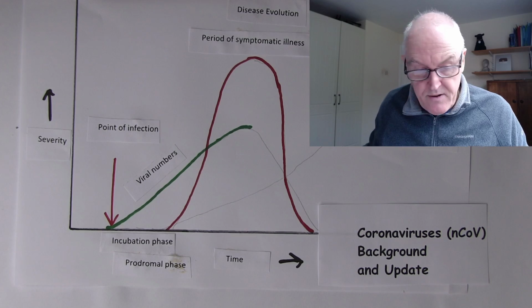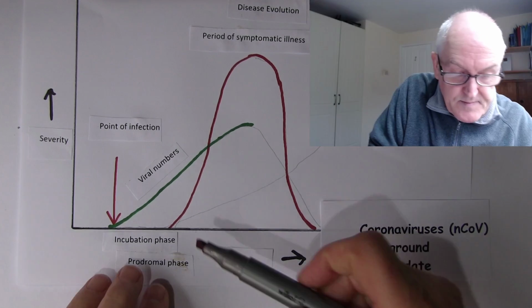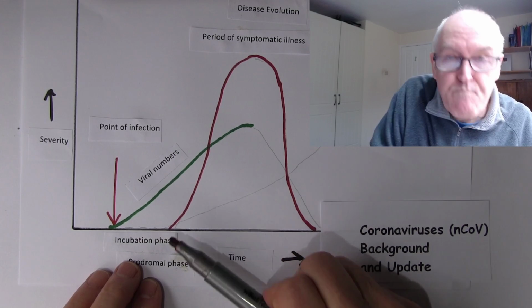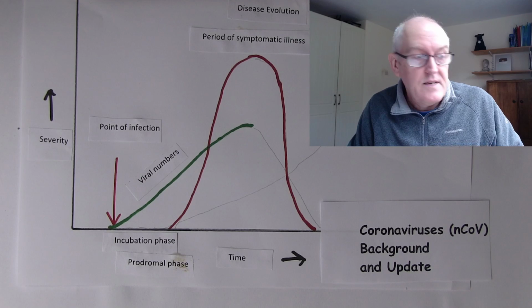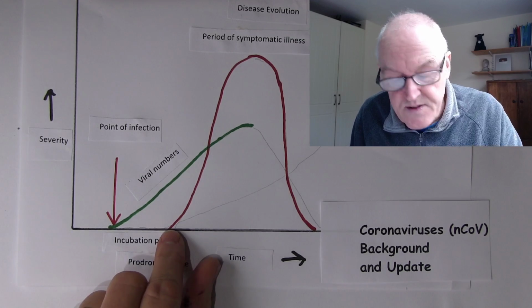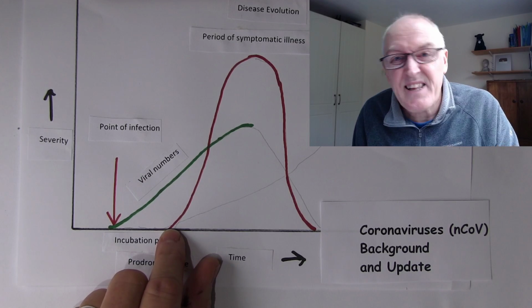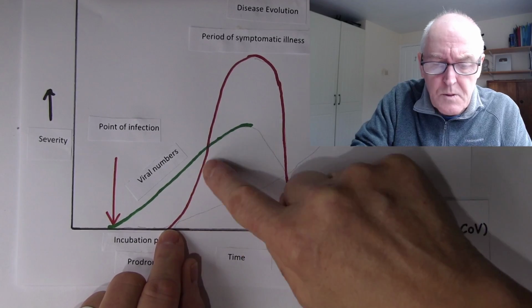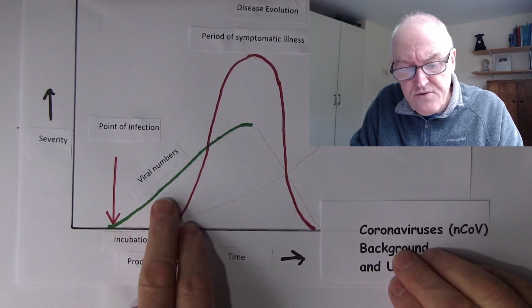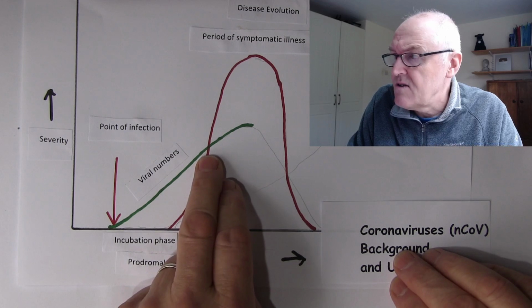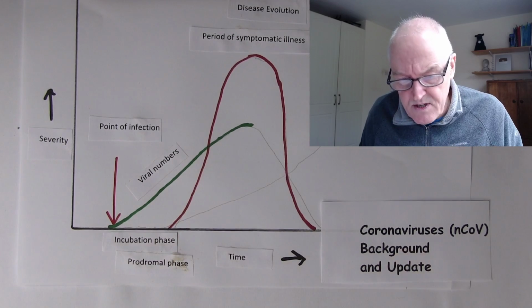So there's going to be a period of time, just at the start, where someone feels prodromal. They think they might be getting ill. They're not quite sure. But then they become sure when the actual symptoms start, and they say, oh no, I didn't think I felt quite right. I definitely am ill now. I don't feel well at all. And the illness is caused by the increase in the viral numbers. It's the viral particles that are causing the illness, and the toxins they produce and the damage that they are doing.